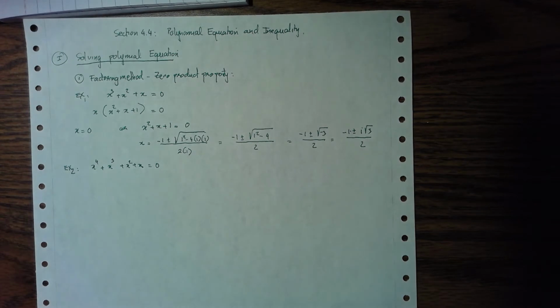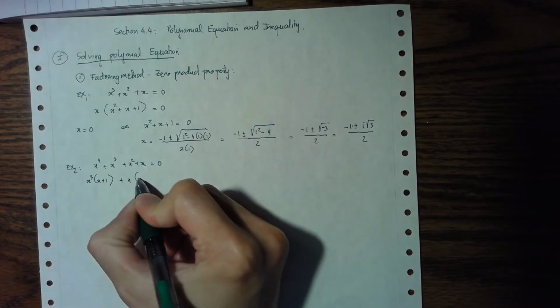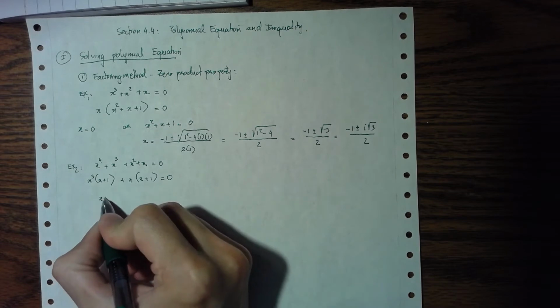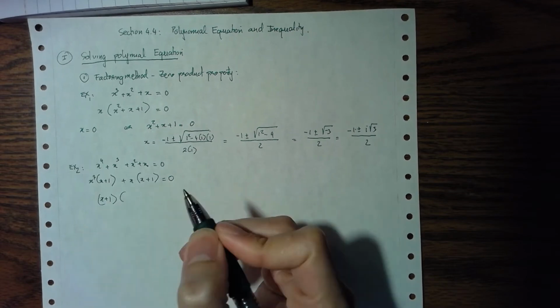Okay. So I have a 4th degree over here. It means that possibly we will have at most 4 different zeros. It might be repeated. Alright, and again we try to use the factoring method, where I'm going to factor by grouping. I group the first 2 terms, so x cubed, x plus 1 over here, and over here I group x, so x plus 1 over here, and I factor one more time, so x plus 1 raised to oh,